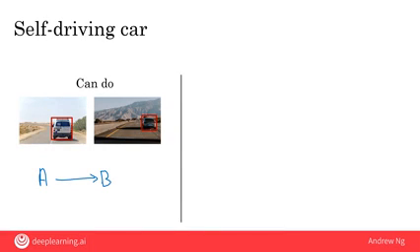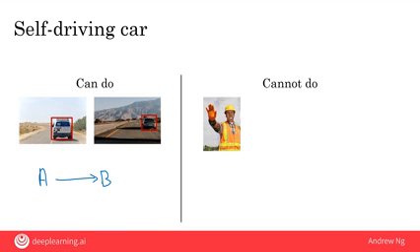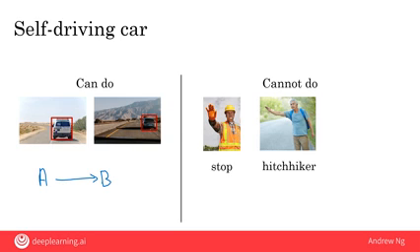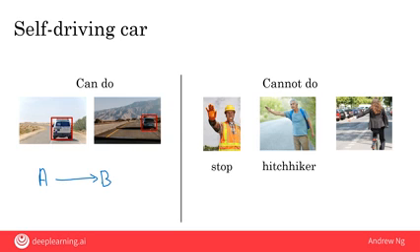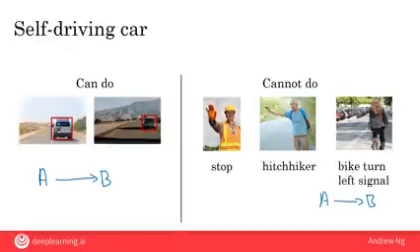So that's what AI today can do. Here's an example of something that today's AI cannot do, or at least would be very difficult using today's AI, which is to input a picture and output the intention, or whatever the human is trying to gesture at your car. Here's a construction worker holding out a hand to ask your car to stop. Here's a hitchhiker trying to wave a car over. Here's a bicyclist raising the left hand to indicate that they want to turn left. And if you were to try to build a system to learn an A to B mapping, where the input A is a short video of a human gesturing at your car, and the output B is what the intention is, or what this person wants, that today is very difficult to do.